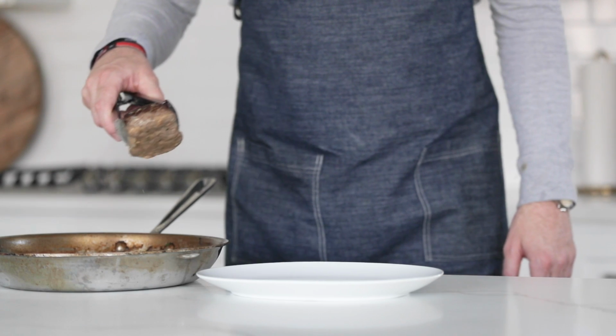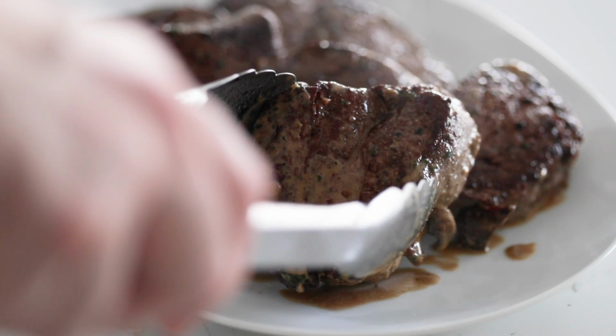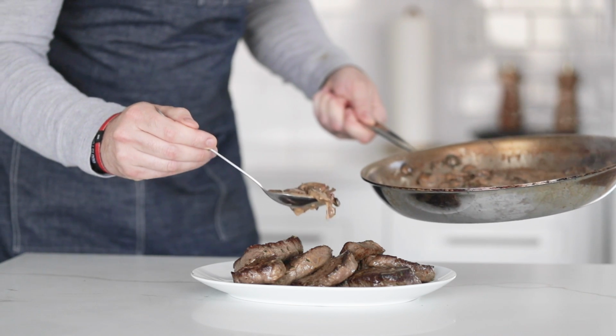But now we're going to plate up in slow-mo. So I've got a small platter. You could absolutely use a plate. I'm sort of just going to stagger the cooked fillets over each other just like this to sort of display everything. Now grabbing a large spoon,